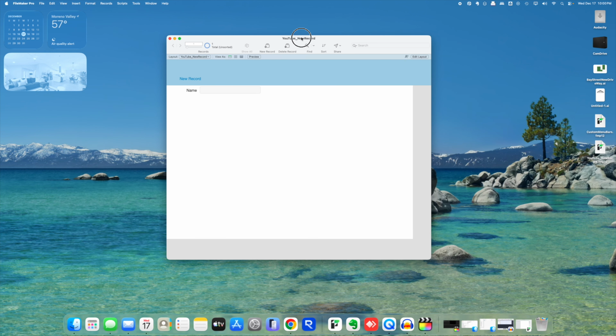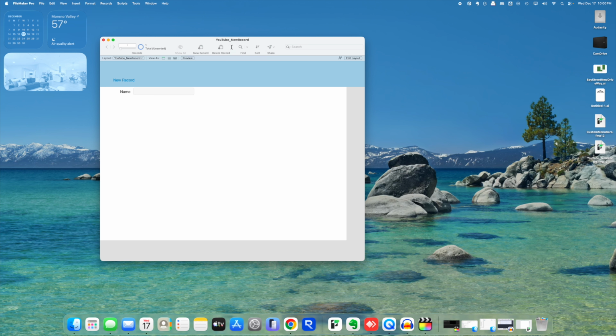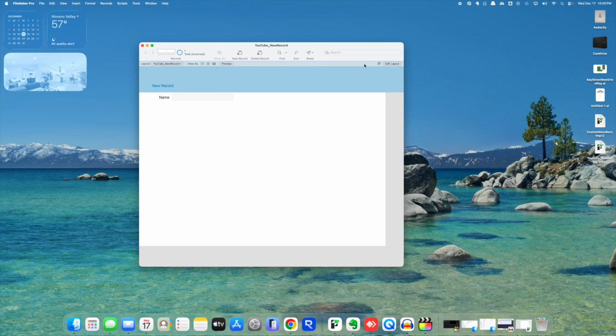So let's say you're designing a database that you don't have the default menu bar here. And you just want a custom design button that does the same thing as the new record button by default. You can click new record. This will automatically take you to the name field. Every single time you click new record, it's generating a new record. It always jumps to the same